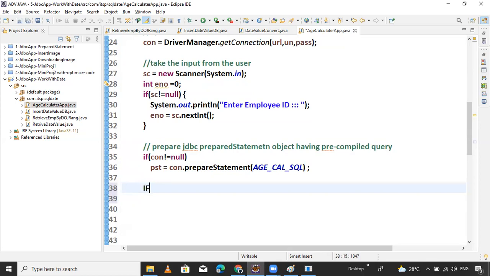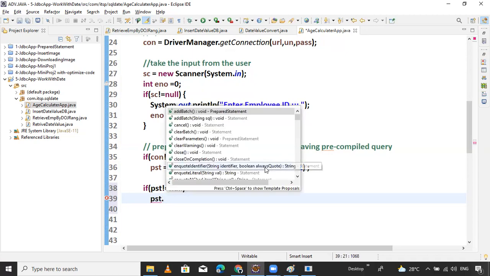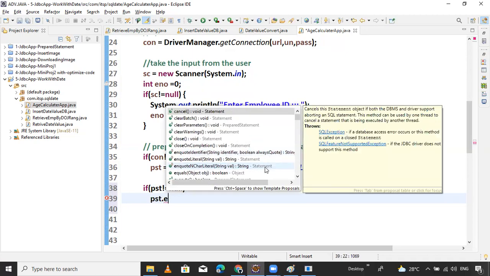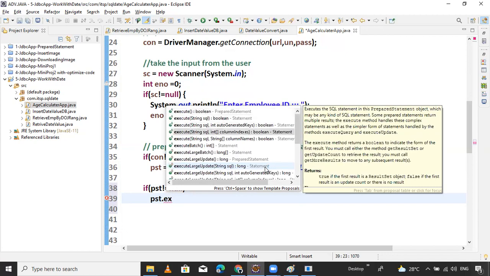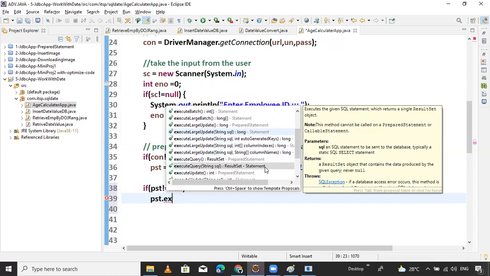So first check if PST not equals to null, then the PST dot execute query method will execute.